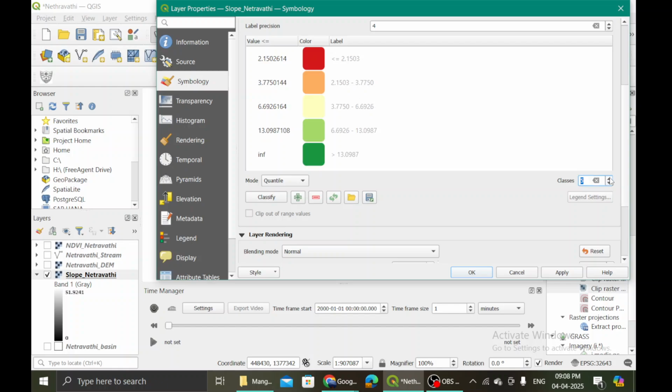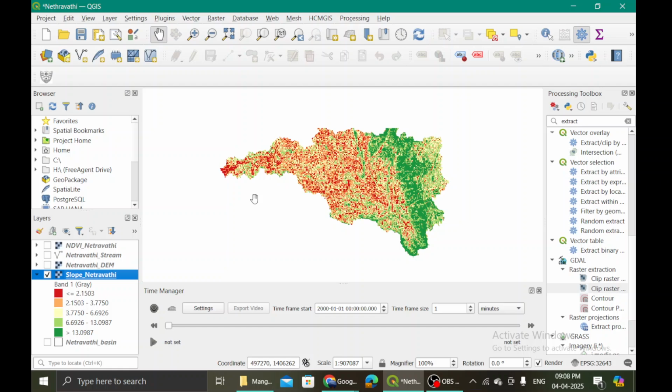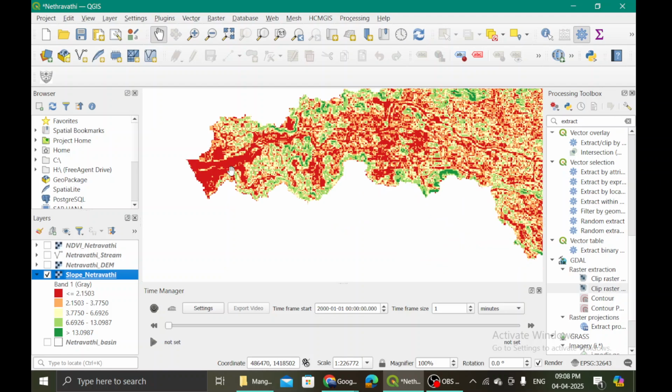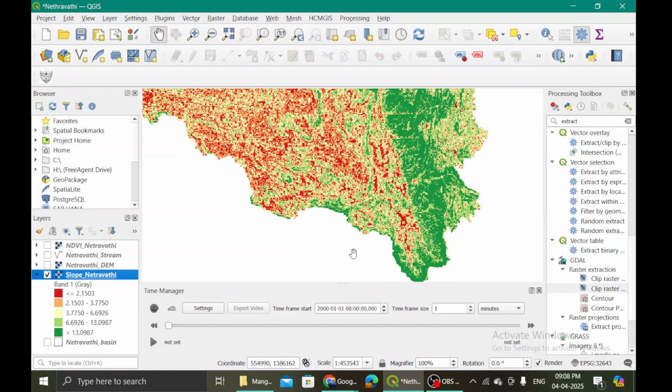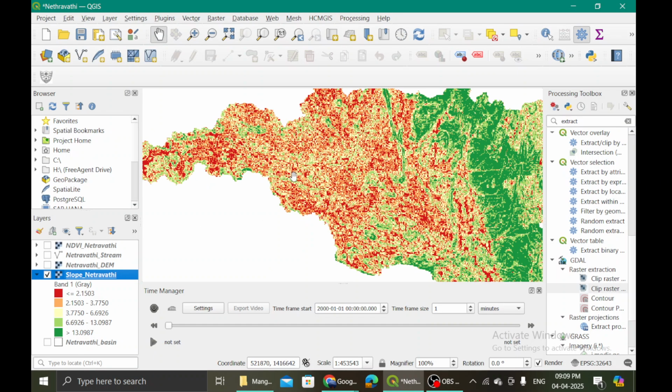You may choose. You can use these arrows and keep choosing how much you want, and then hit apply. Unless you hit apply, these changes will not be made applicable to it. And then hit OK. So this is the NDVI map that we have. The red color indicates that there is absolutely no vegetation over there. Oh, this is slope. I'm not talking about vegetation, not vegetation, slope. Oh, I spoke a little nonsense earlier. All right, this is about slope.